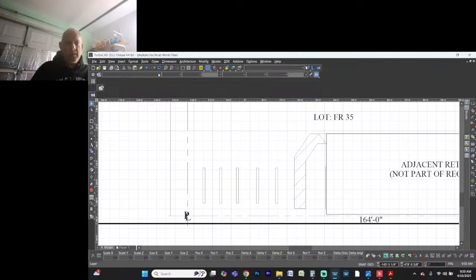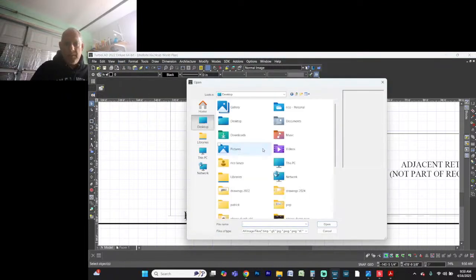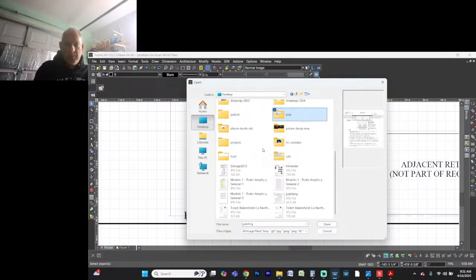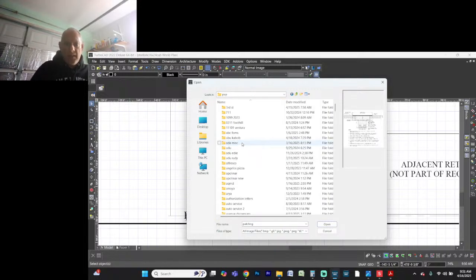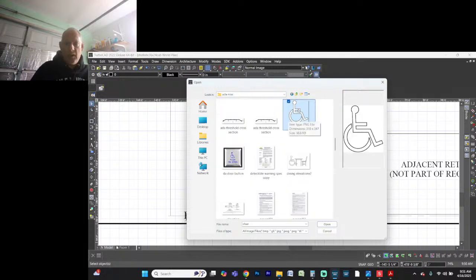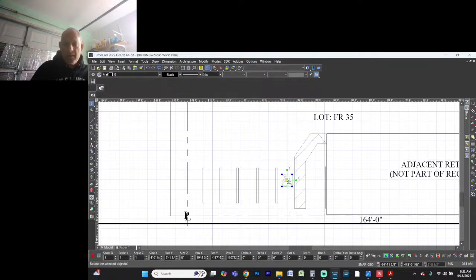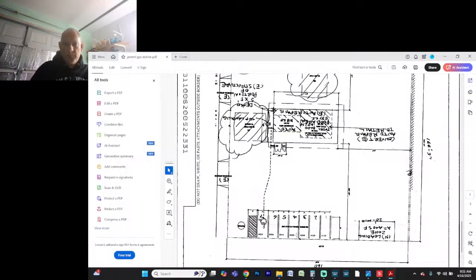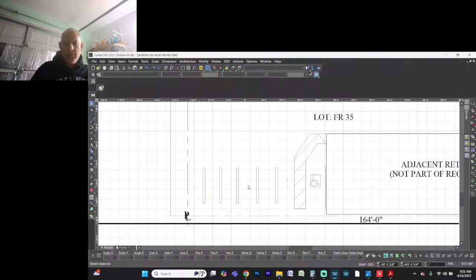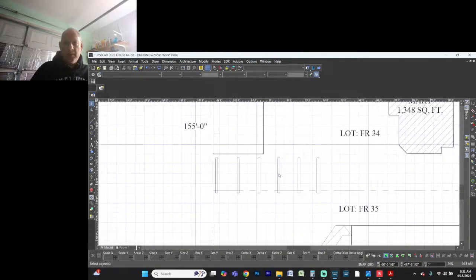I think we discussed already that, let's insert picture. I'm going to go to PEP. I'm going to go to ADA. Click 1, hit C for car because we want this. Oh, actually, it's not here. It's here. So you got 1 ADA and technically 6 other parking spaces. So 1, 2, 3, 4, 5. So what we're going to do is